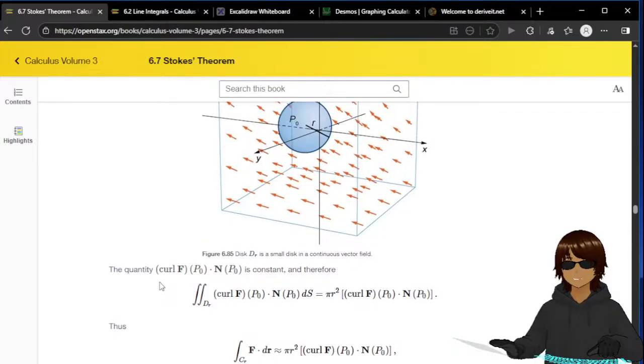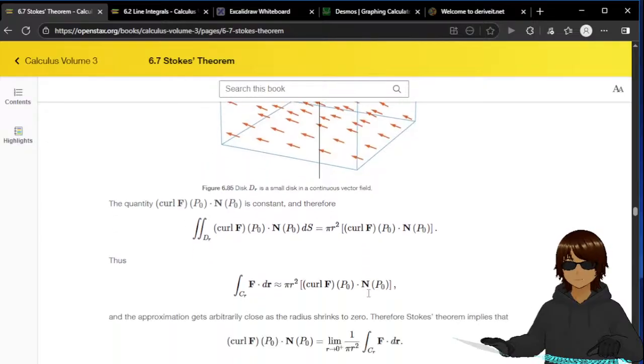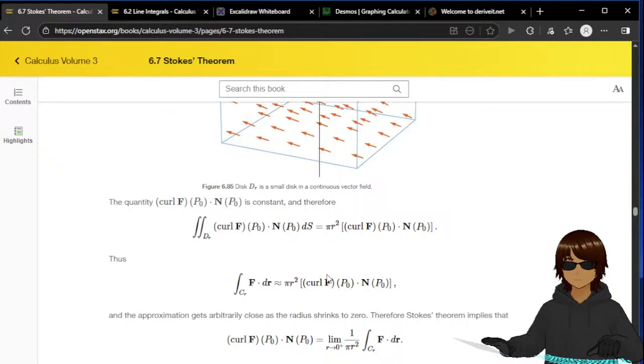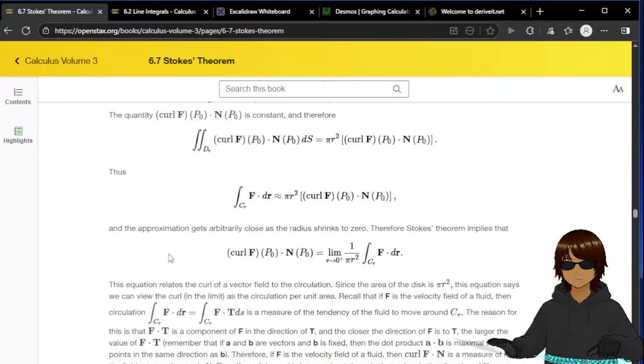The quantity curl F(P0) dot N(P0) is constant, and therefore in this pi r squared. Thus, we have the integral of F dot dr is approximately pi r squared